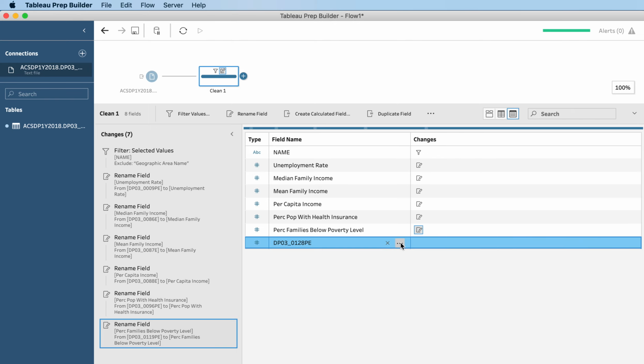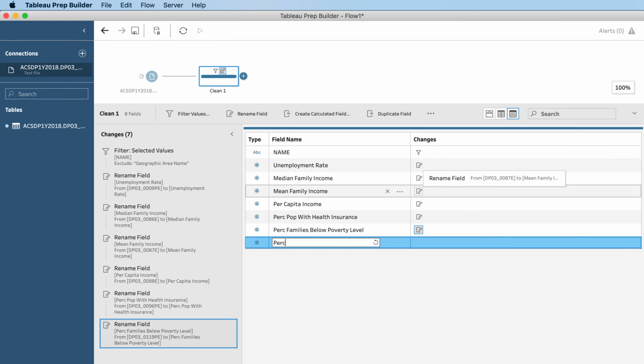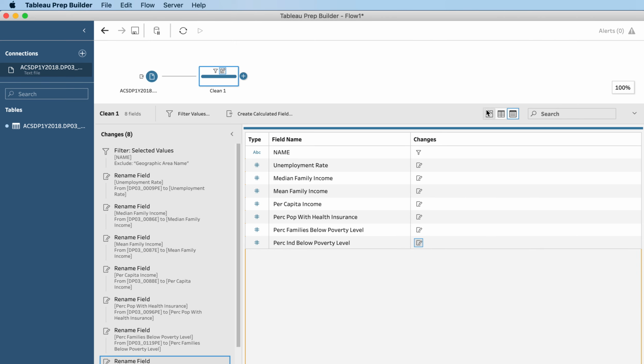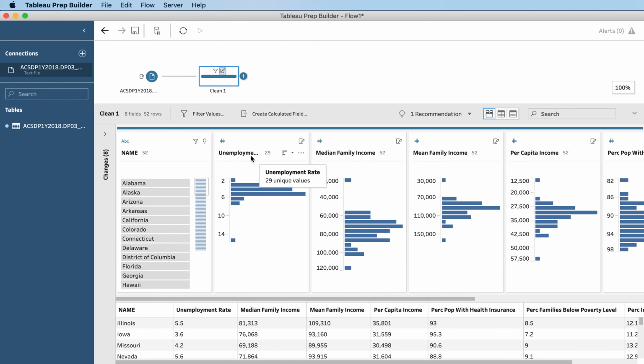And finally, this one is going to be renamed percentage individuals below poverty level. Okay. Right, I can now go back to the profile view, and you see that we now have meaningful names on all of these